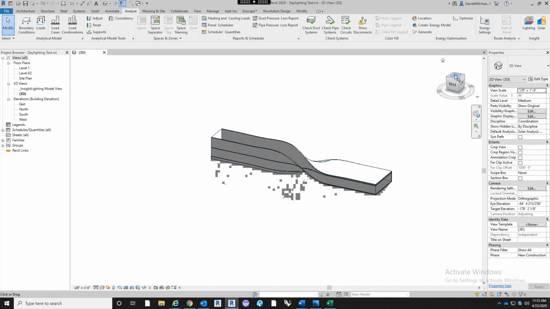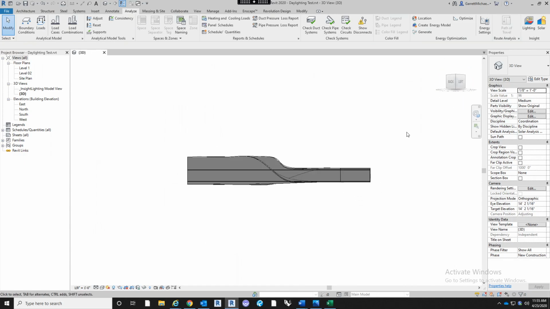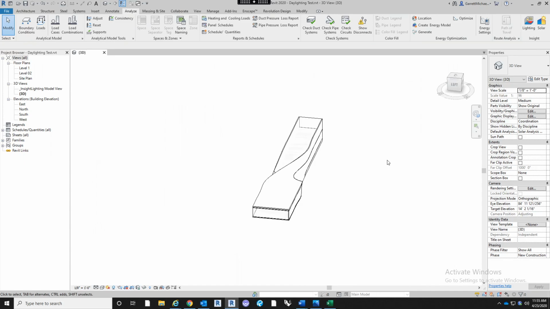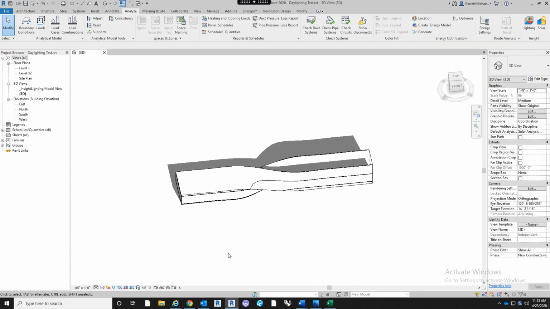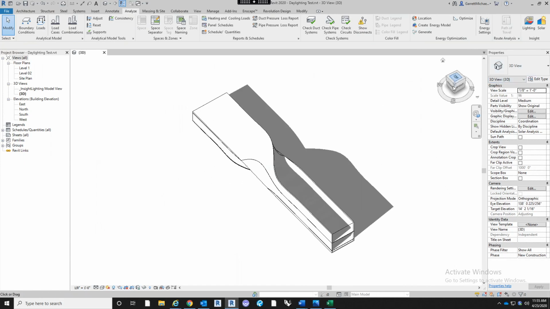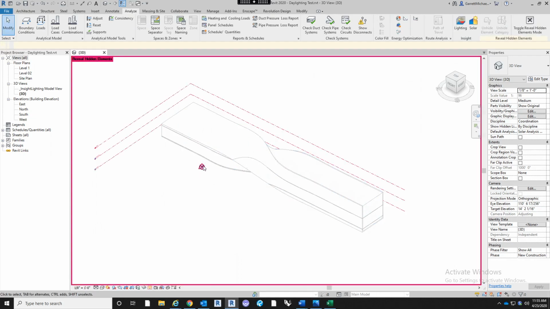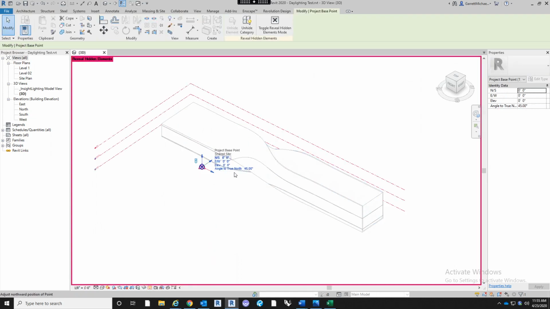And then the one other thing you want to do is make sure that the building's orientation is correct to your cardinal location. To see quickly where your north, south, east, west is, if you go to a 3D view, it gives you the cardinal directions in your orthographic pan tool up here at the top right. You can also go into the project base point, which is that little guy right there, and you can change